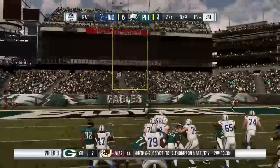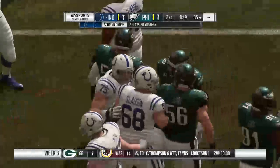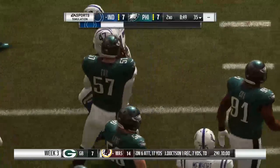And on that long run, maybe the defense caught napping a little bit. The concentration level may not have...